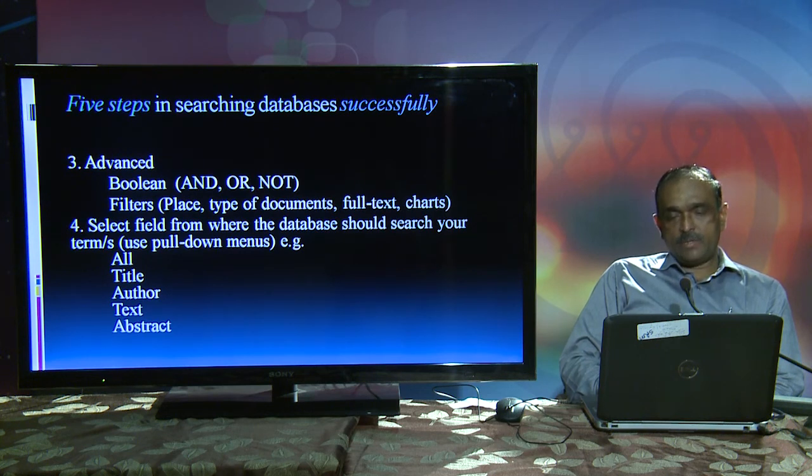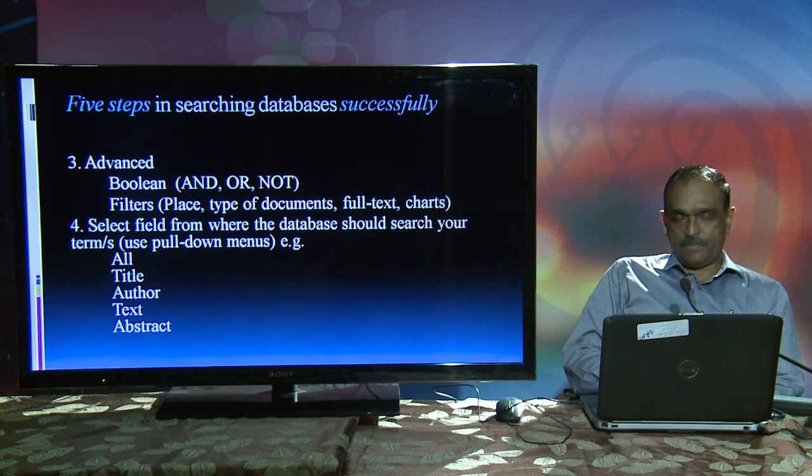Now, whatever term you have just typed into the search window, if you want this term to be searched in a particular segment of the article, say for example, you have typed chemistry and you want chemistry to be searched in title only, then from the pull down menu you select title. But suppose you have actually typed the name of a journal, say for example Economic and Political Weekly, then from the pull down menu you should select journal title, or simply journal.